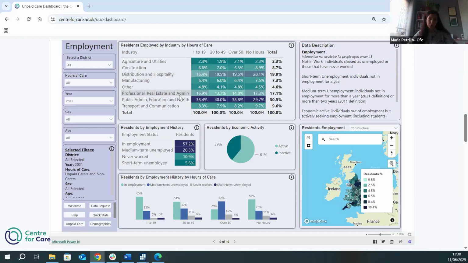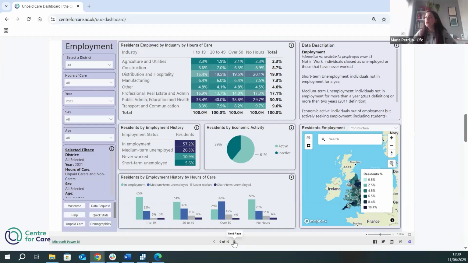Those are known by the literature to be the more family-friendly, flexible sectors, which might hint, and we might speculate, that the unpredictable demand of unpaid care is really difficult to combine with a fixed-schedule work routine. And so those people self-select themselves into more flexible work environments.